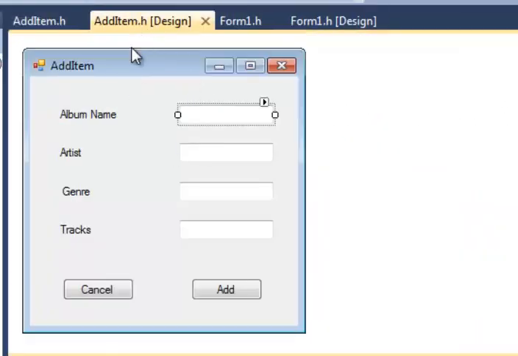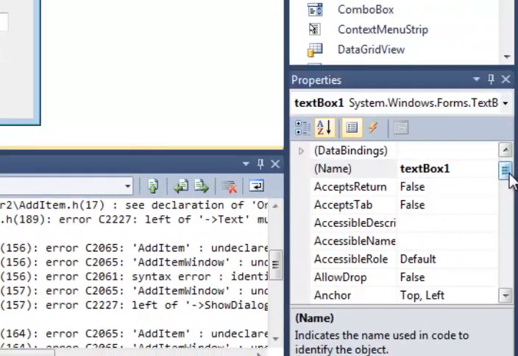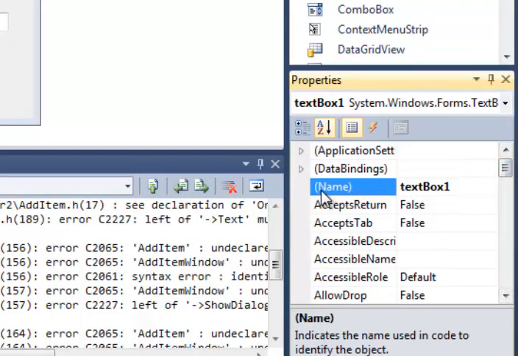Let's go back to the design view of this form, and we see, sure enough, we have 4 different text boxes. Those names I just showed you are actually the specific names of each of these text boxes. The program needs to know where the information is coming from when we submit this form and how to put it into the data file. And so we need to rename each of these text boxes. We come in here to the Properties window, and with the first one selected, we find the name property. It's the word name in parentheses. We want to change that to